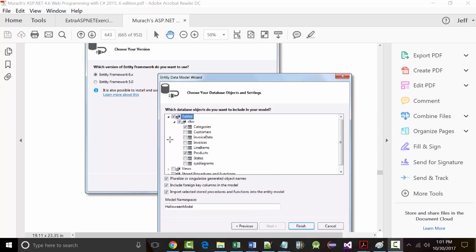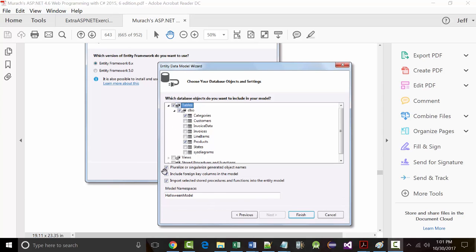There are some checkboxes here. They may or may not look like they're that big a thing, but you'll notice in here it says pluralize or singularize generated object names. And if you look in here, these are all plural. They all end with S. So a lot of times you're going to leave that checked,